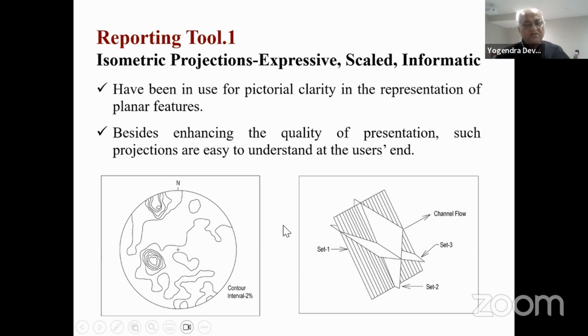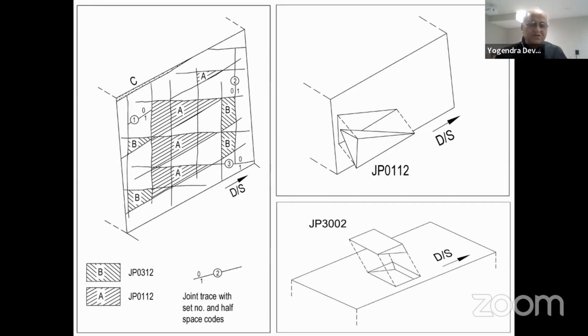So these things, if you give it, your report becomes much more expressive to the user. Likewise, in the construction of a project, when you are excavating a slope, you can see that you are identifying these key blocks. This is a different topic, I have not covered it here. Along with this, you can see what kind of wedges and blocks are being formed.